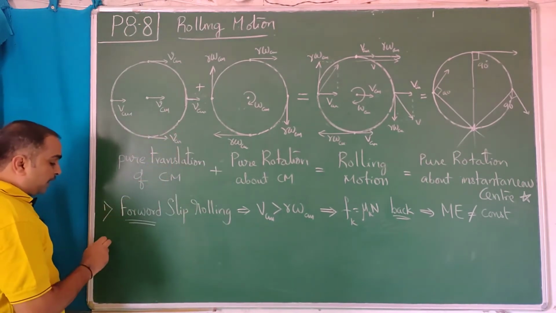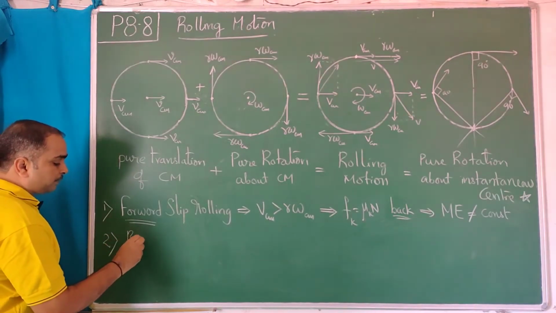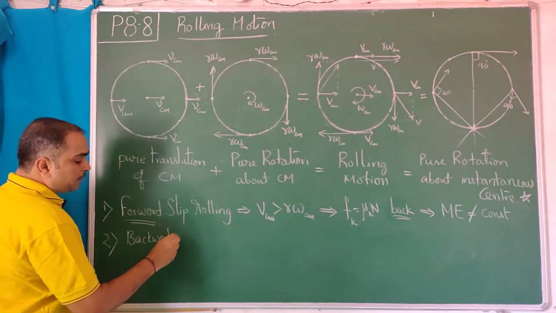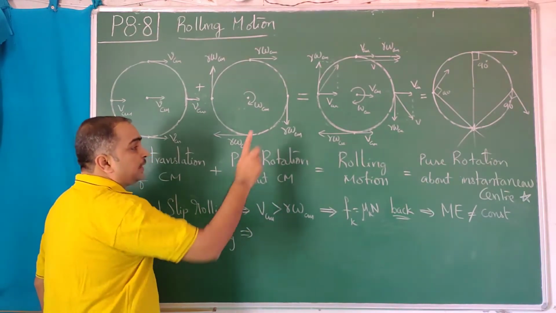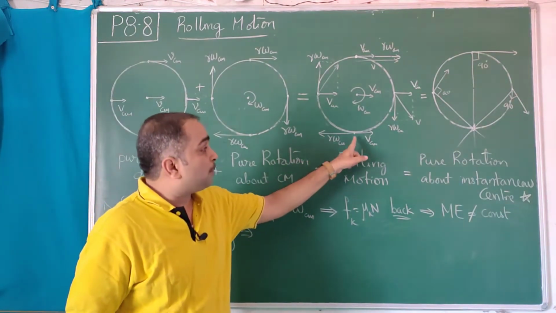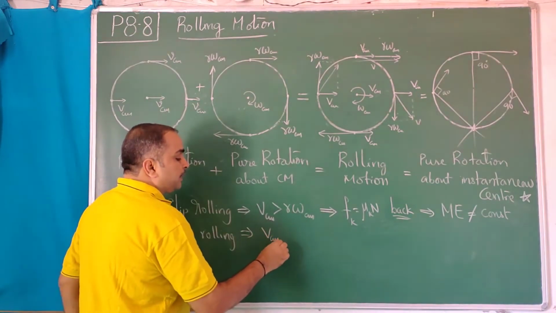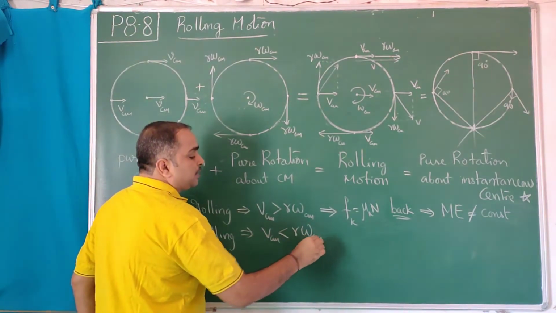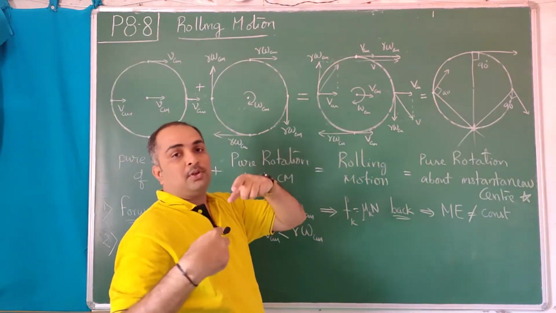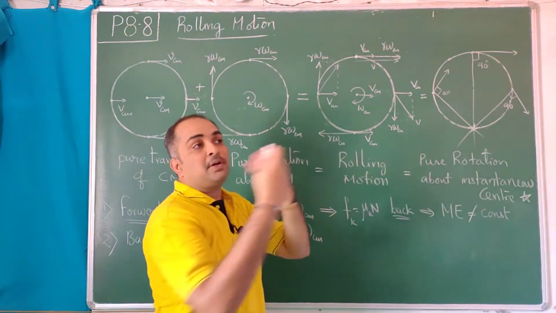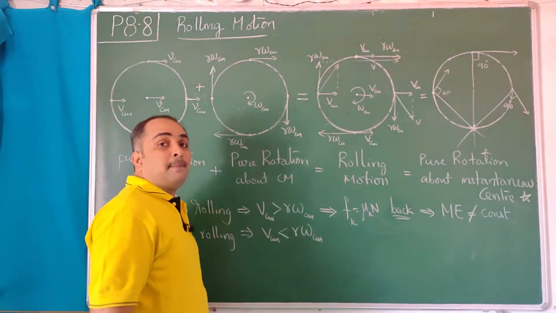Now the proper diagram, whatever I have drawn, that is backward slip rolling. So the second type of rolling is backward slip rolling. In this context, exactly this diagram represents backward slip rolling, where R omega is more than V. So VCM is less than R omega CM, or R omega CM is greater than VCM. Actually, the rolling can happen this side or this side also. So don't worry about whether it is going that side you call forward, this side you call backward, not like that. Concentrate. More translation means forward slip rolling, more rotation means backward slip rolling.